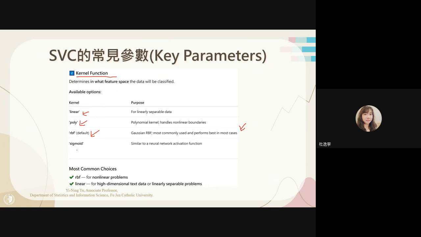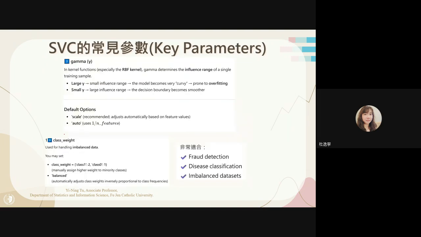And also you can use the sigmoid. Sigmoid is similar to a neural network activation function. 这个跟逻辑思维有关，或者是跟 neural network activation 是有关系的。So the most common choice, for nonlinear problems, please use RBF. If you use high-dimensional text data or linearly separable problems, please use linear. So which one will we use? I will give you the instructions in the exam. 我们要用哪一个在考试里面我会告诉你。